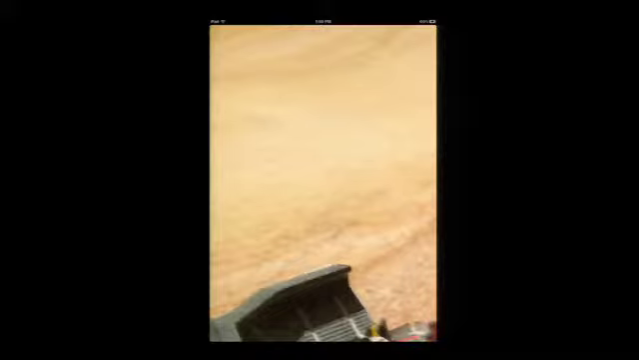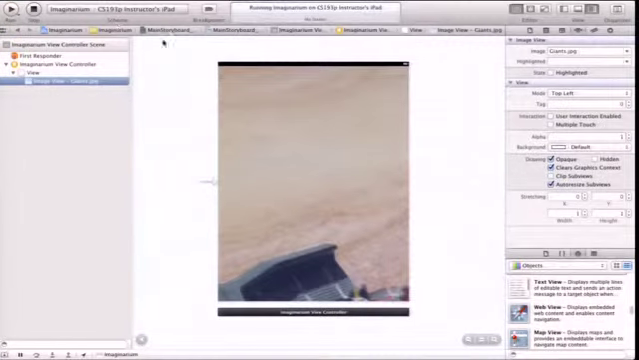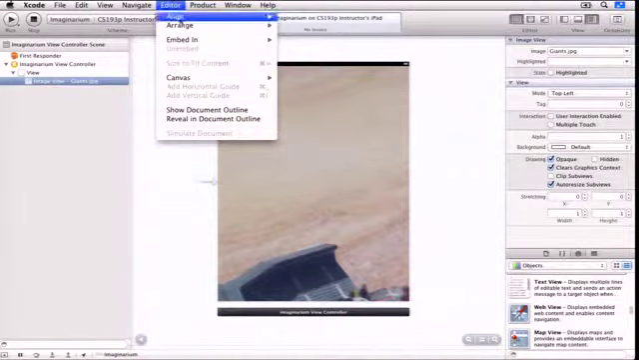Okay, so now scroll view time. This is really why we set this up. We want to put this thing in a scroll view. So how do we do that? Very simply, we select the image view. Let me make this full screen. We select the image view right here, and we just go up to the editor menu, and we say embed